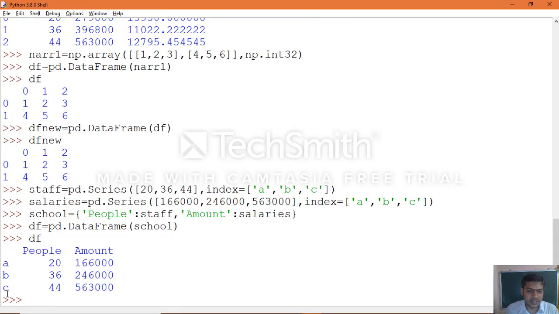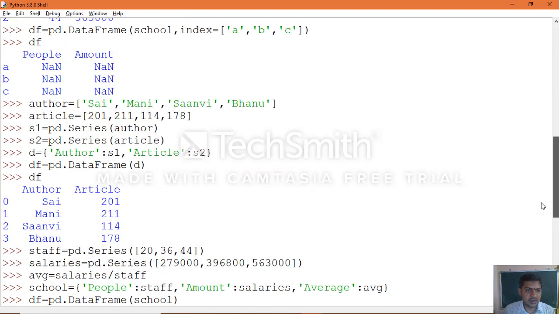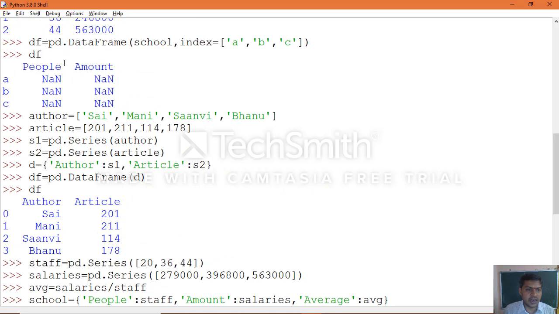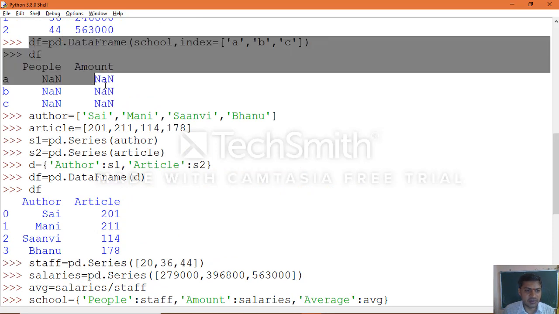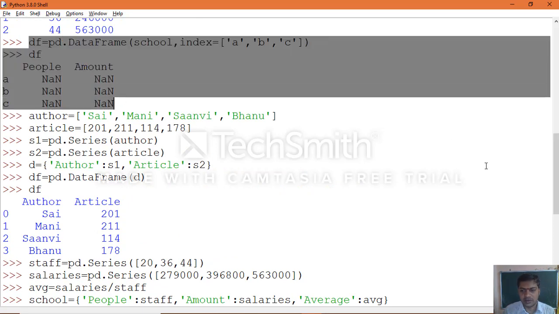Yes, you can see that. When you are using series objects as a dictionary of values, 2D dictionaries, and you are passing them to a data frame object, then you must specify the indexes within the series objects itself. When we tried to define the indexes within the data frame, we got NaN values, if you observe the above example clearly.